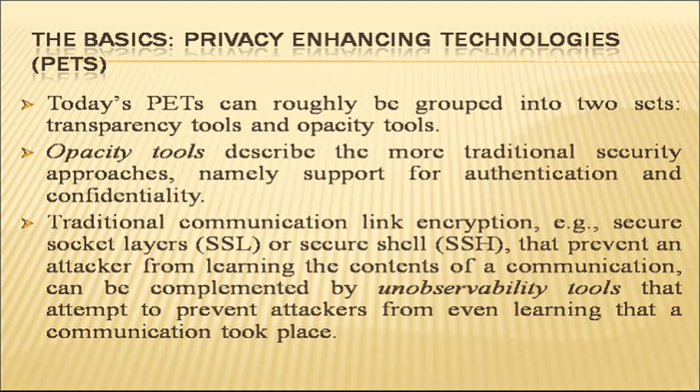So traditional communication link encryption, for example secure socket layer, that is SSL, or secure shell, that is SSH, that prevent an attacker from learning the contents of communication are used. So these are used for securing connections between web clients and web servers. SSL is now replaced by TLS, which is transport layer security, which is widely used for securing online transaction, providing